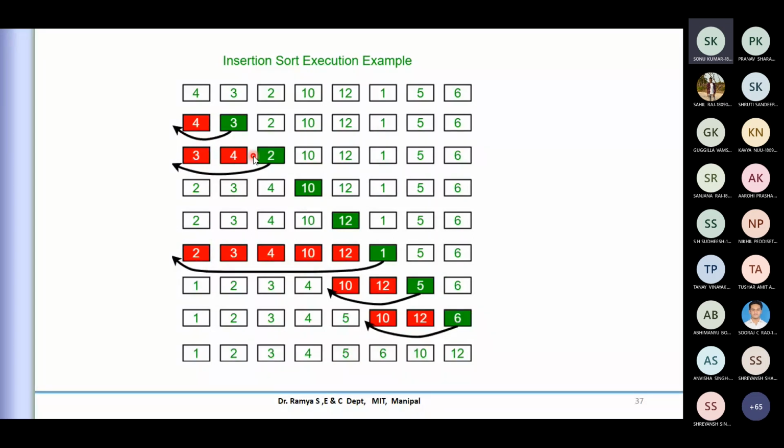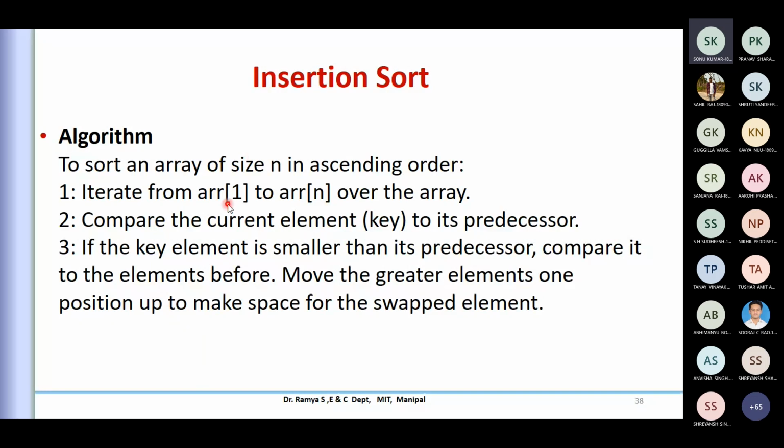So now let us see more on the algorithm. If I want to implement it in any language, we are trying to iterate over the array, using the index, taking all the length of the array. The current element is the pointer I'm searching for. I'm comparing that current pointer, which I call the key. And remember its predecessor: it is not just limited to the previous value as in bubble sort. It will go through the entire list of previous values.